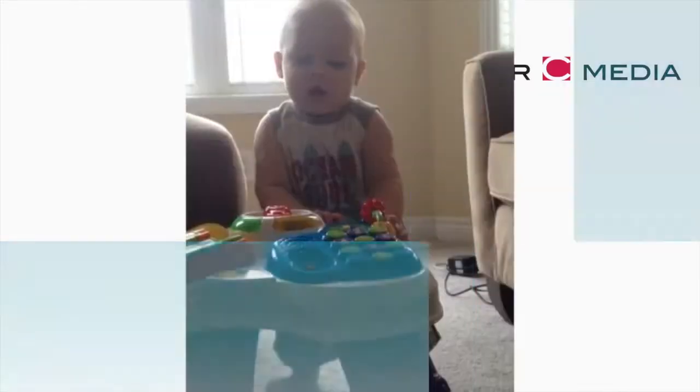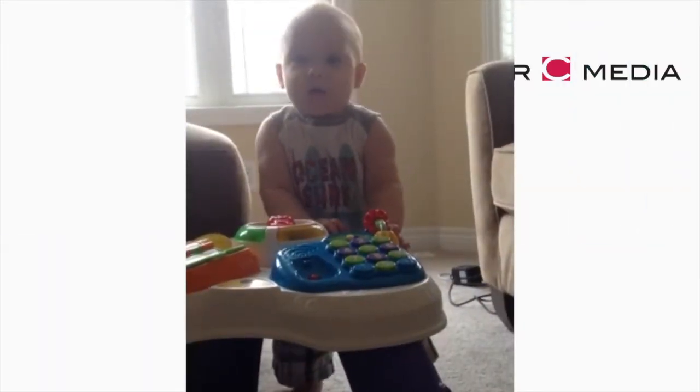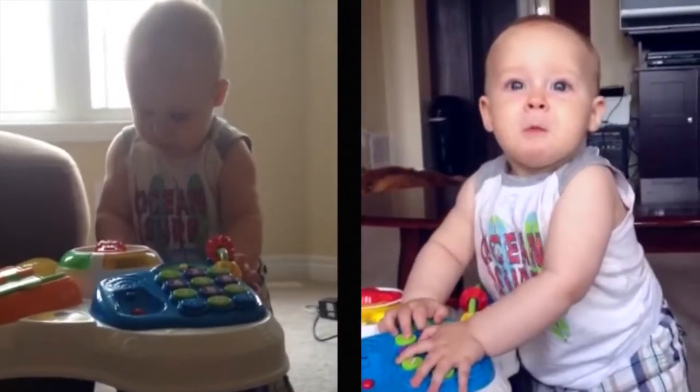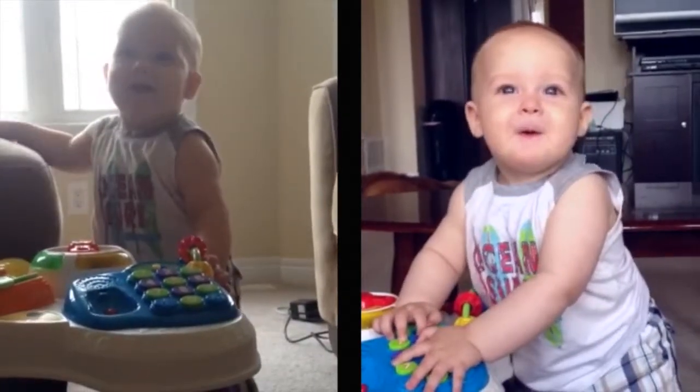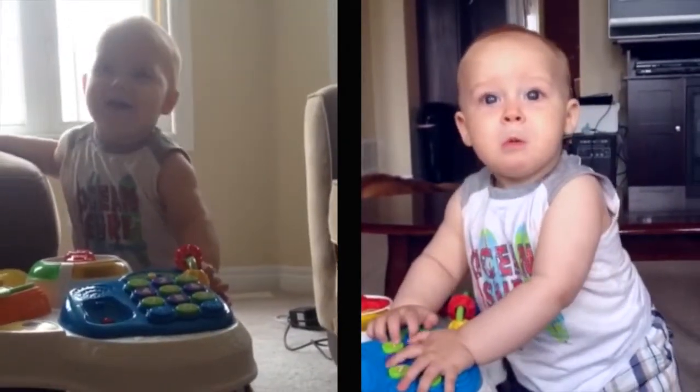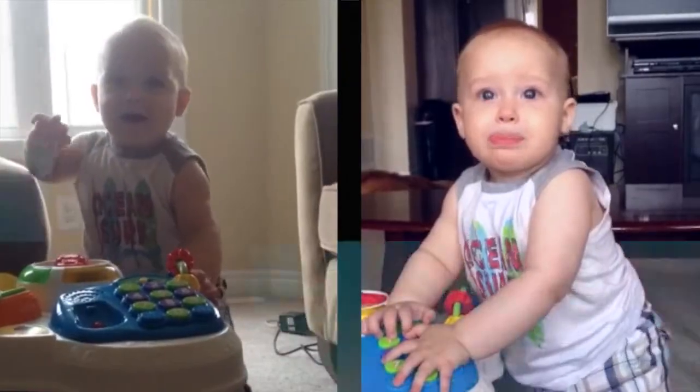This is what it looks like when your subject is in front of the window. It's the silhouette effect. So now I want you to see the difference when you place your subject away from the window and you shoot in front of your subject. What a difference. Now your light is shining right on your subject.